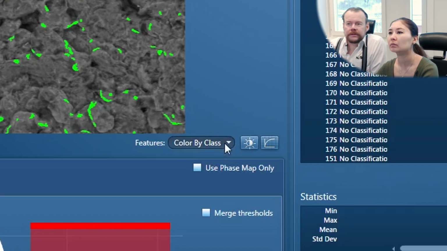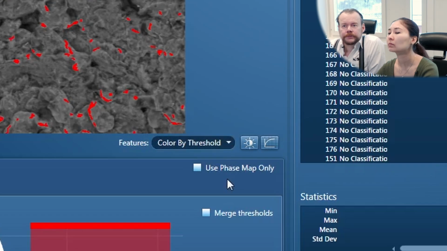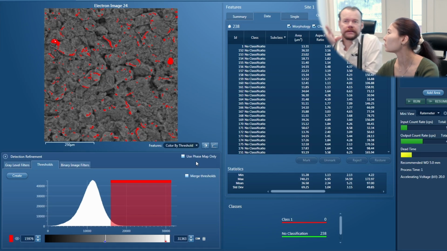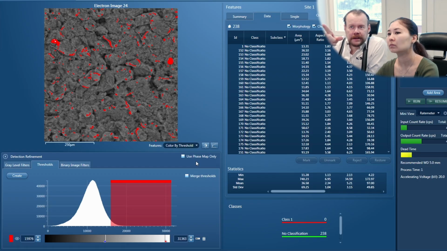We can change that to just color by threshold. So this means that it detects everything. It thinks everything that is red is a particle. But we see obviously there is edges of the flakes, and so then we can change that by changing